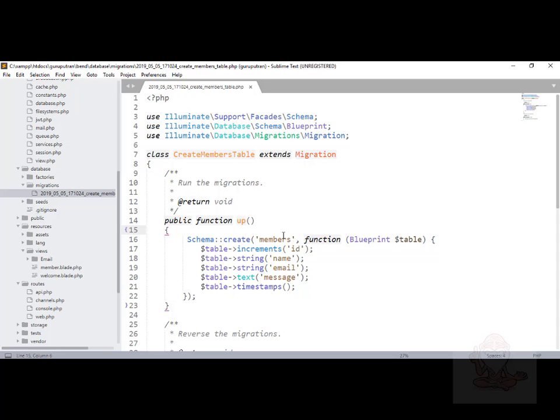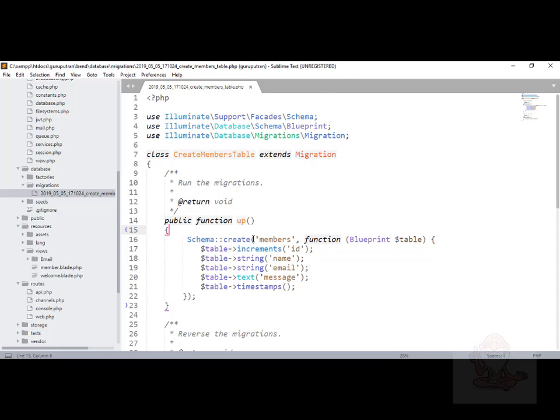Remember, there is one convention in Laravel. If the table is plural, that means members, the model is going to be singular, which is called member. This is just a convention. It doesn't mean that you can't have a member table and a member model. Yes, it will work. But we try to follow all the gurus and the Laravel convention where we will have a members table and we will have a member model. So that is the next step we are going to do at the command prompt. If we refer to my list, it's php artisan make:model Member.